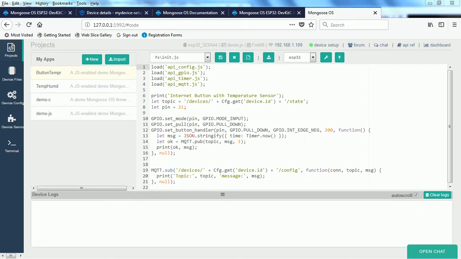Using MQTT we are going to publish the current time, and then we will see whether that current time gets published on the Internet of Things, which is of Google. So Google IoT, whether it gets published basically. That is what we will try to see. And once we get that at the Google end, then we will try to update the device configuration from the Google end, and we'll try to see whether the message comes to our device, that is ESP32.